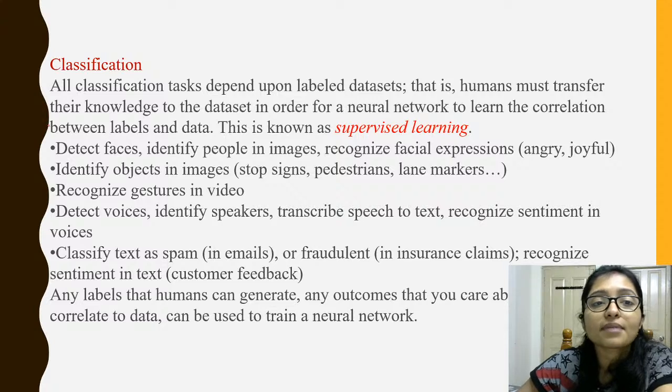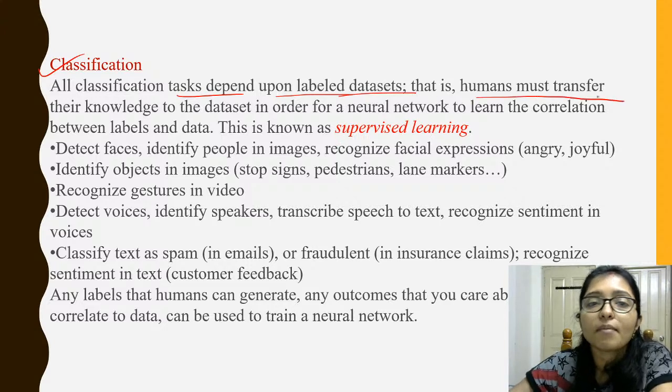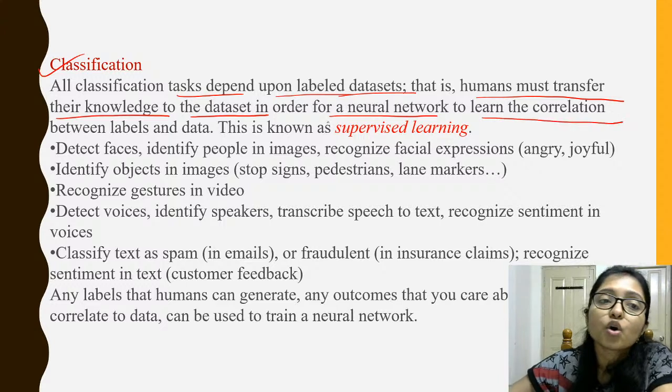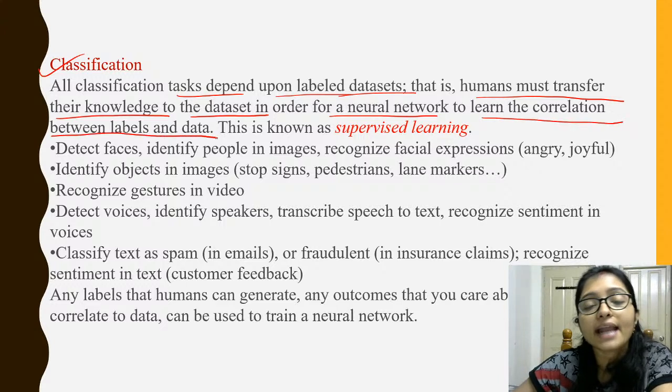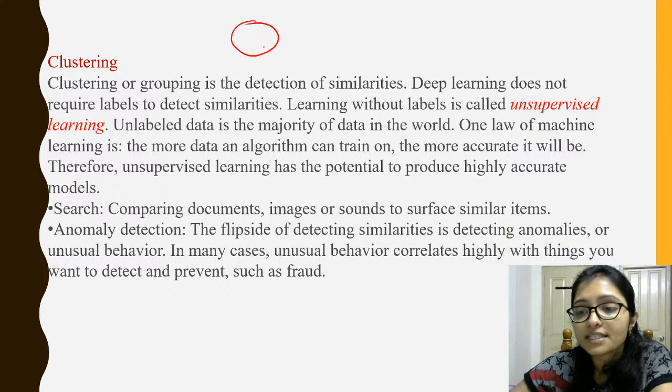Now there are some classification tasks in neural networks. Classification tasks depend on the labeled data set. Humans must transfer their knowledge to the data set for the neural network to learn the correlation between label and data. Means what is the correlation between label and data? This is the data. From this data,